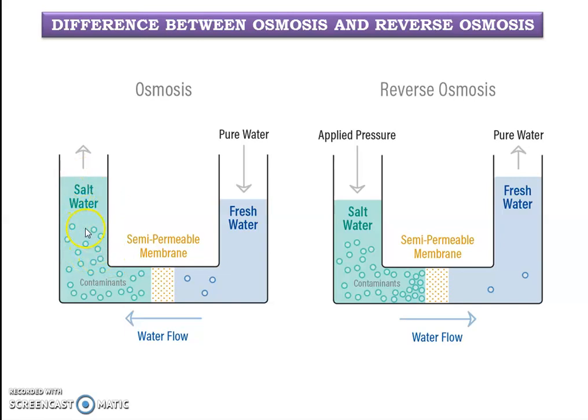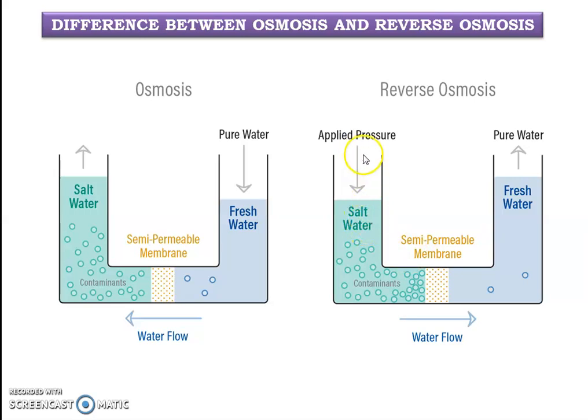So as per the definition of osmosis, the movement of the solvent molecules will take place from lower concentration to the higher concentration through a semi-permeable membrane. Then look at this second image, which is of a reverse osmosis process. Exactly the process is reversed in this image by applying a pressure greater than the osmotic pressure.